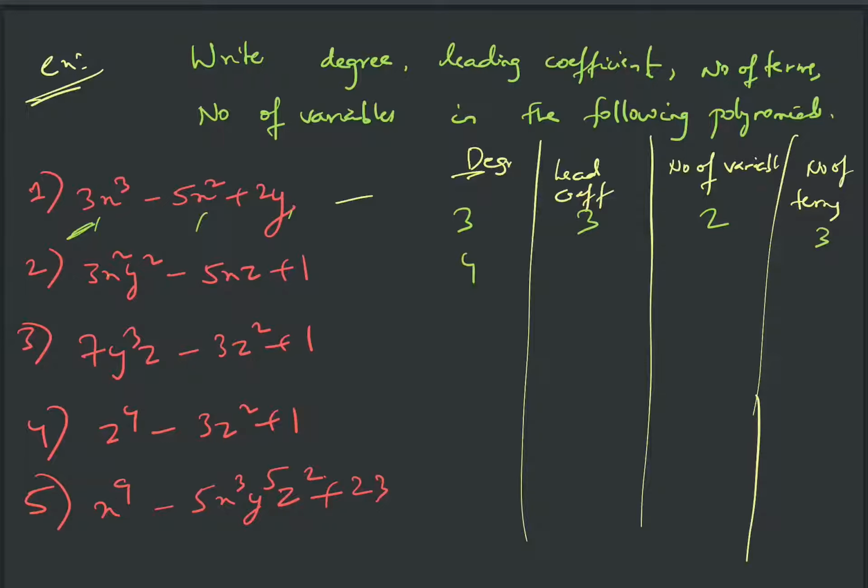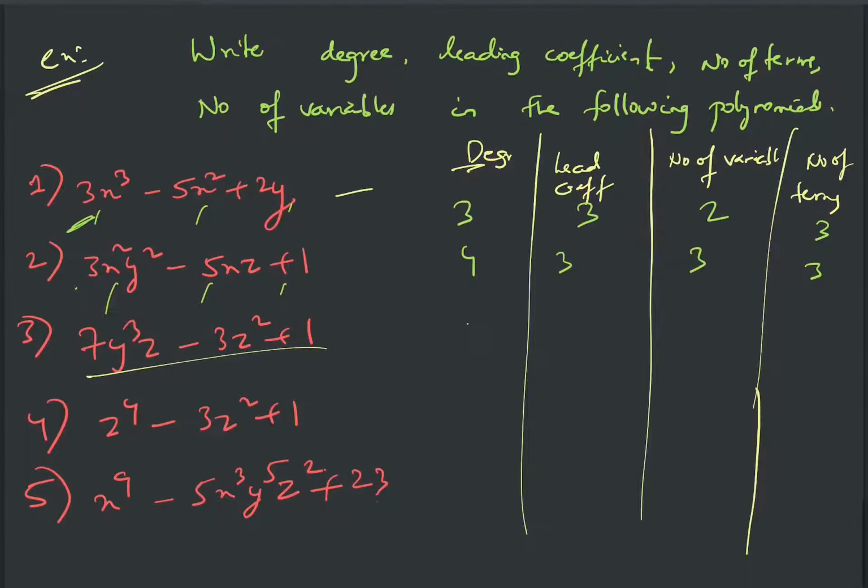And here again the degree is 4, the leading coefficient is 3. Fine. Number of variables is 3, that is x, y and z. Number of terms is also 3, right? 1, 2 and 3 terms. See, the leading coefficient concept will be valid for polynomials in one variable only, most of the time. But fine, you can tell that the leading coefficient is 3, but generally, whenever we speak about leading coefficient, it will be a polynomial of only one variable, right? So that is entirely in x or entirely in y, and so on.